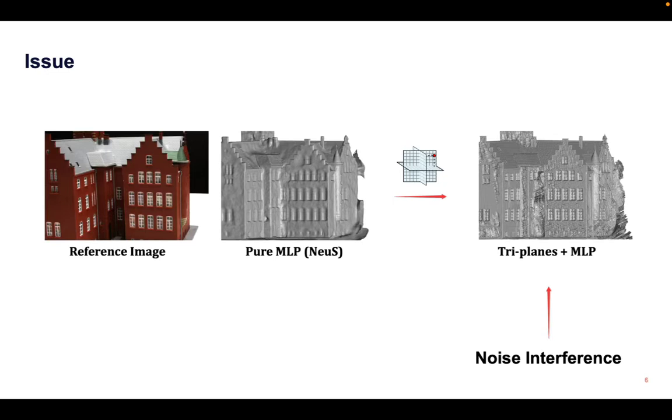While greater expressiveness to encode local details is useful to better fit the input data, there is also less inductive bias towards a smooth surface because of the impact of noise interference.